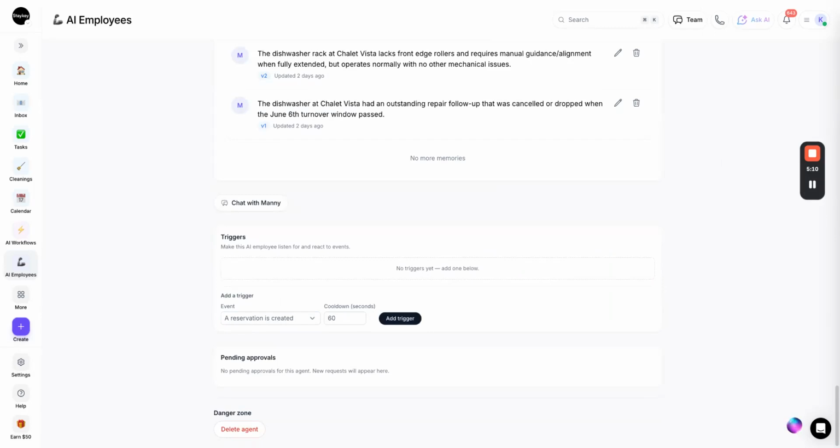So as well as the heartbeat, you can connect employees to specific events in the system. So rather than waiting for their next scheduled wake up, they'll act immediately when something happens, like a new reservation being created, a checkout, a cancellation. You can see all of the options we have for triggers here. And you can, of course, enable and disable individual triggers without having to reconfigure the whole agent, which makes it